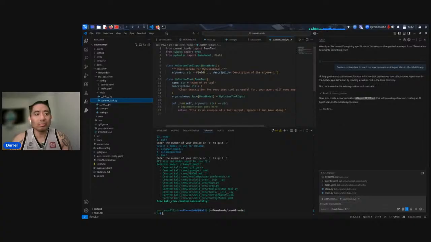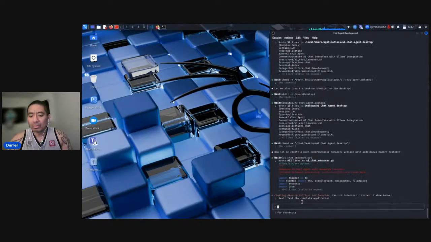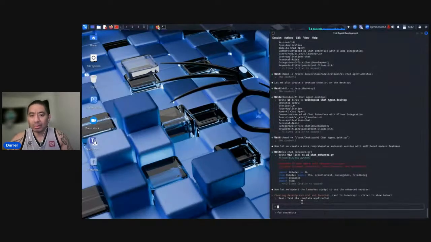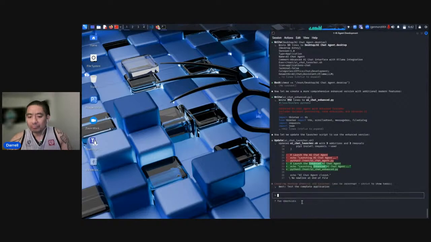So let's switch over to Claude Code and see where we're at with that. Okay, so hit yes. It's progressing along. It's writing out the app for me. Now it's going to install the dependencies.